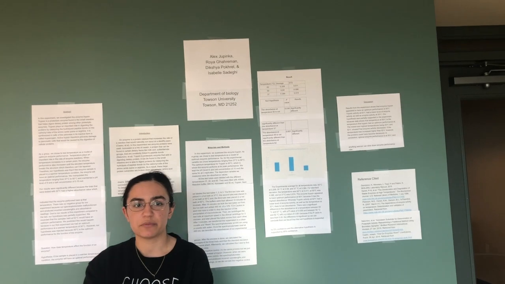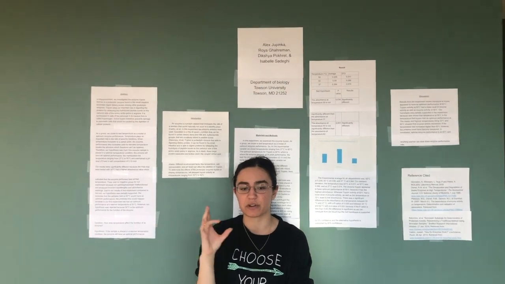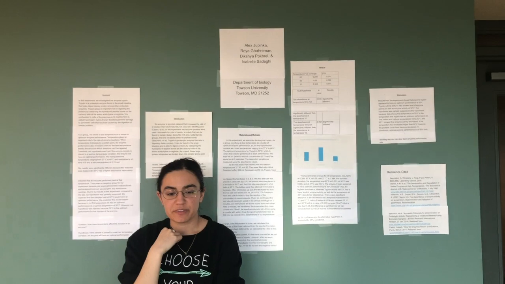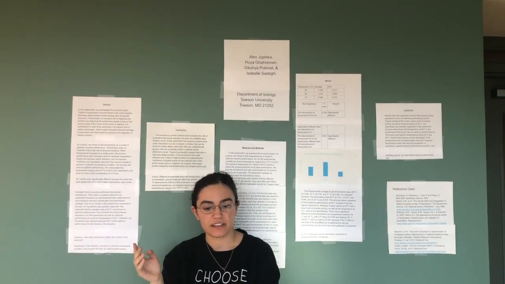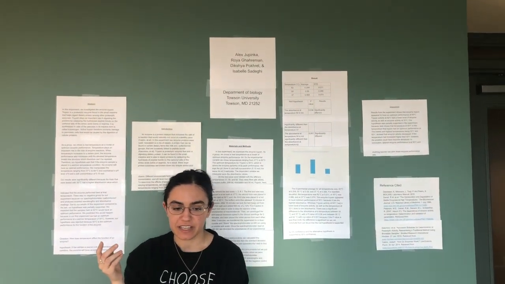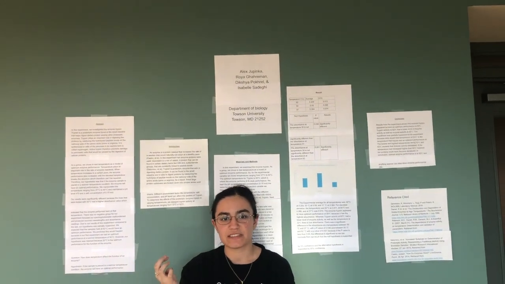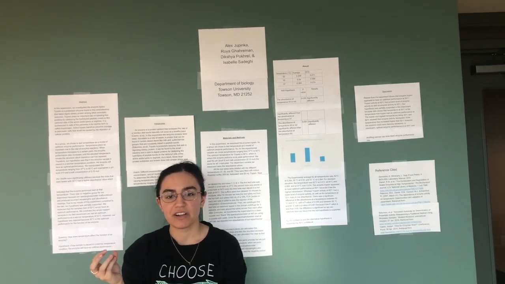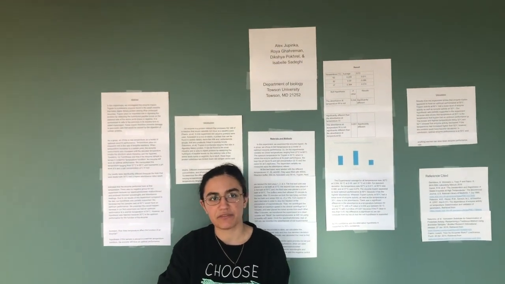The first thing that we did was label all of the test tubes with the different temperatures that they were assigned. All of the test tubes were filled with 450 milliliters of reaction buffer, 500 milliliters of azocasein, and 50 milliliters of trypsin. Each tube was placed in a different warm bath temperature: 37, 50, and 60 degrees Celsius. We allowed 10 minutes to incubate, and then we took out the tubes and added 500 milliliters of